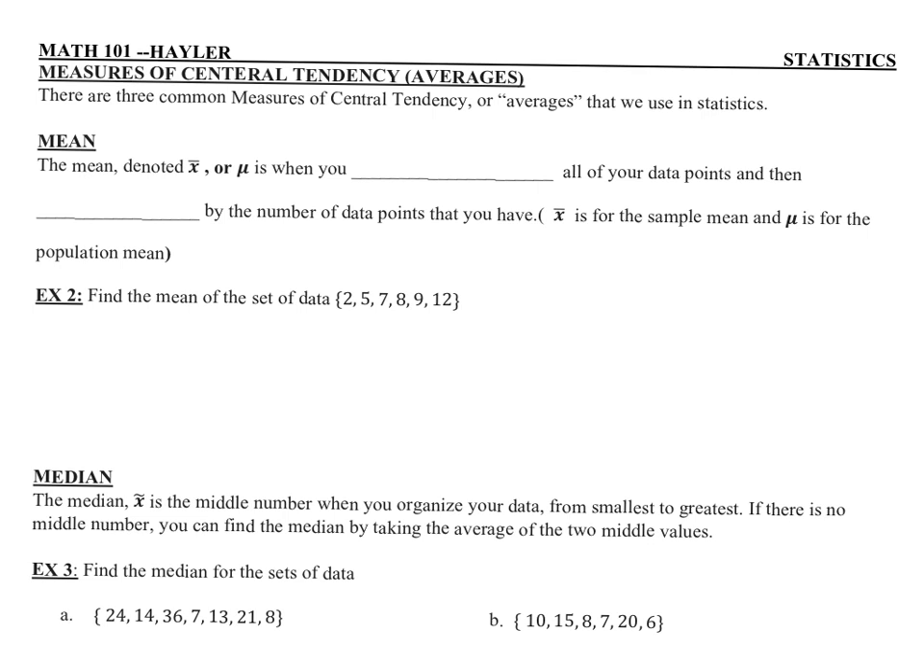So for statistics, that's always a killer word to say, the measures of central tendency are one thing that's really important. Okay, so measures of central tendency are the averages. There are three common measures of central tendency, or averages, that we use in statistics. The mean,